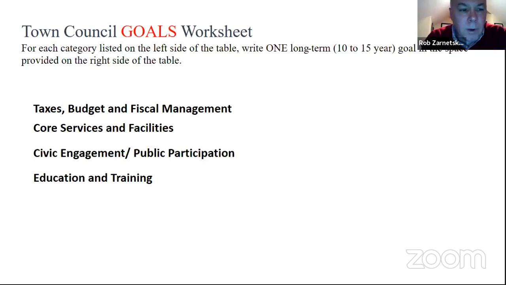All right, moving on then. Core services and facilities, aside from policing and public safety, which we're going to pull out, what other core services, objectives do we have sort of in the short run, but more importantly, again, what do we want those core services to look like in the long run, 10 years out? What do we want for the recreation department? What are our core services? Let me back up and start there. What do we think the core services of the town are?